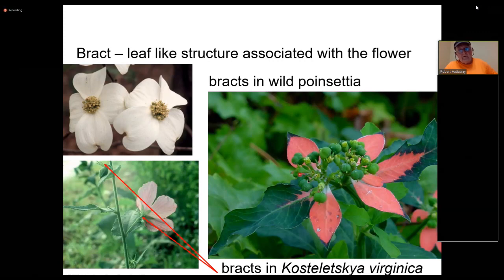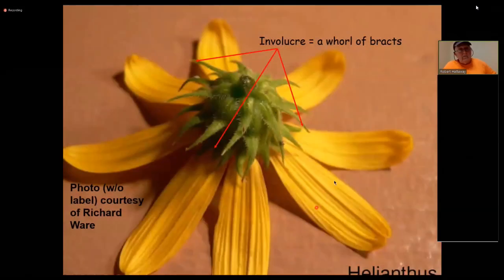In the euphorbia family, this is a poinsettia. The bracts are colorful red in some cases. Sometimes they're not that color. And the individual flowers are here. Some of them, these are female, and I don't even see the males hardly. Yeah, they're tiny. But all right, now, in the sunflower workshop or the aster workshop we had, we showed this